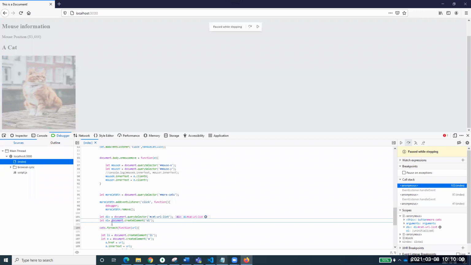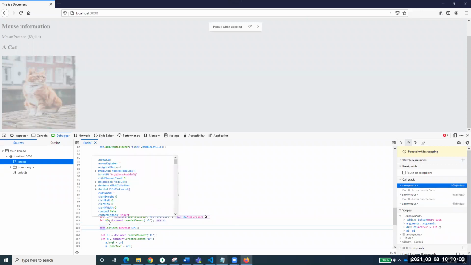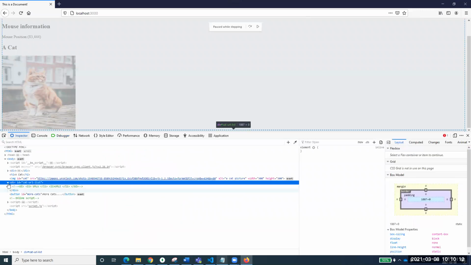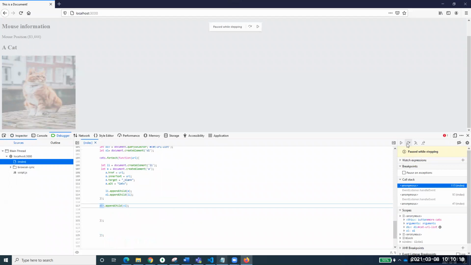Now, if I step over again, you see that OL is also created. OL is also created. Right? Now at this point of time, if you see our code, this div still has nothing. Why? Because we have not added to that, right? So if you come here and I step over, it has just run all the for each,